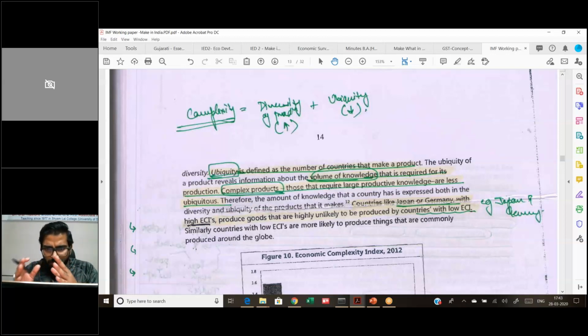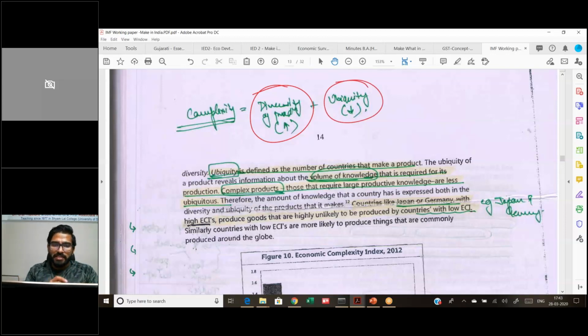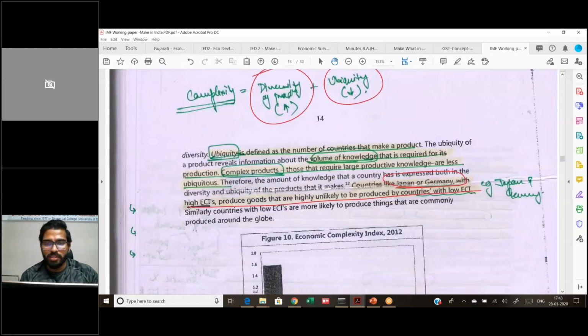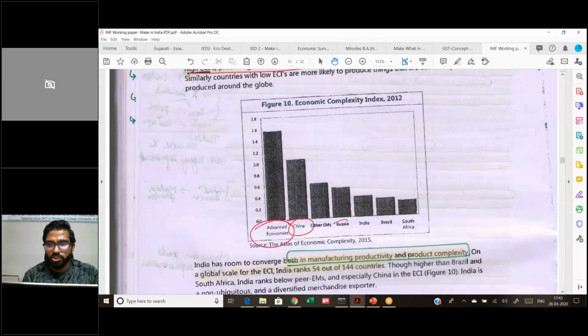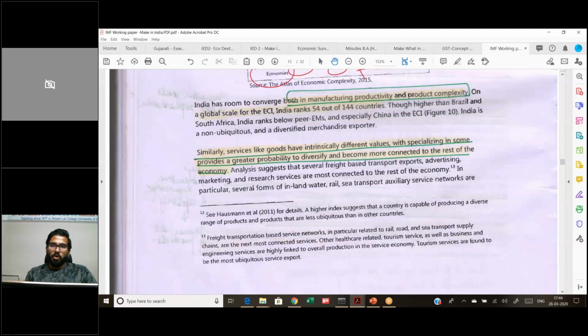So the economic complexity of a particular product depends on the diversification of the production, how many products you can make, and how many of them are actually unique products. If we see countries like Japan and Germany, you will see that they have hugely diversified products. At the same point of time, they produce products which are unlikely to be copied or made by any other country. So their rank on the ECI index will be much higher than other countries. As you can see, you will have advanced economies, you have China, Russia, and way back lies India. This is the concept of the economic complexity index, and India lies way behind all these other emerging economies when we talk about